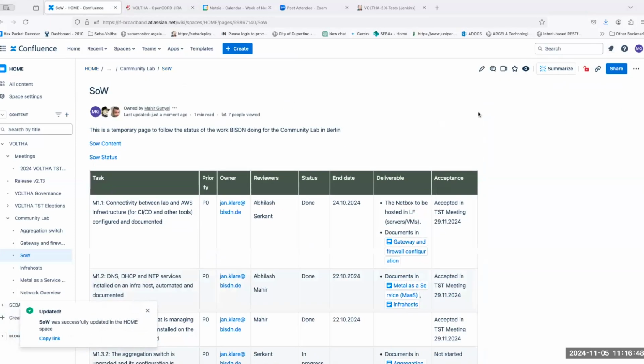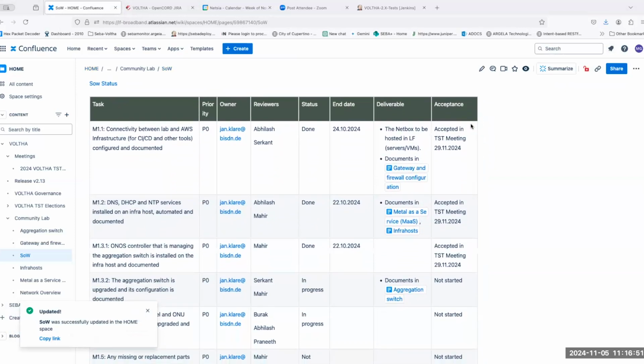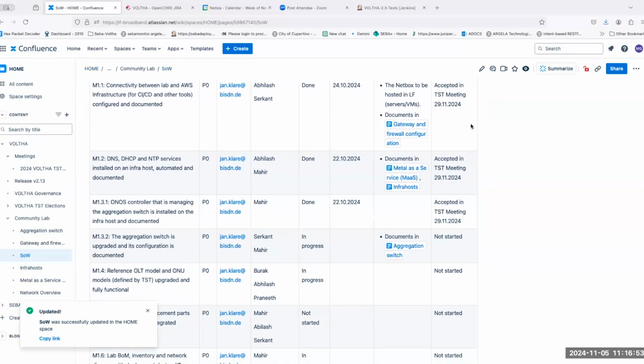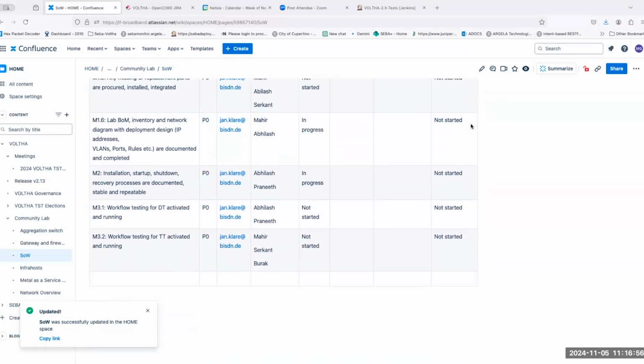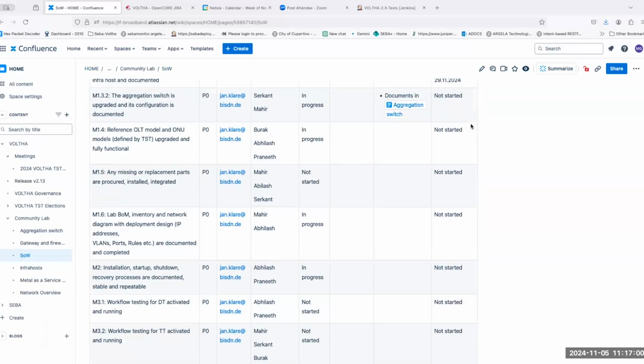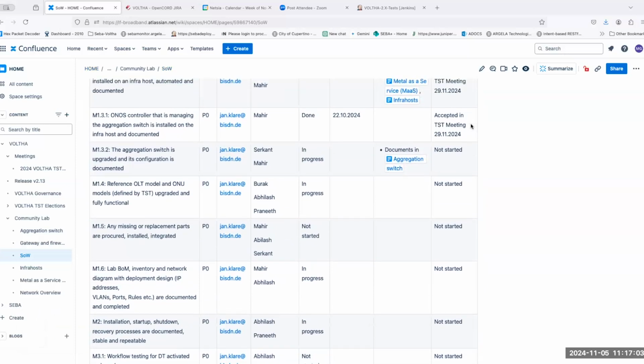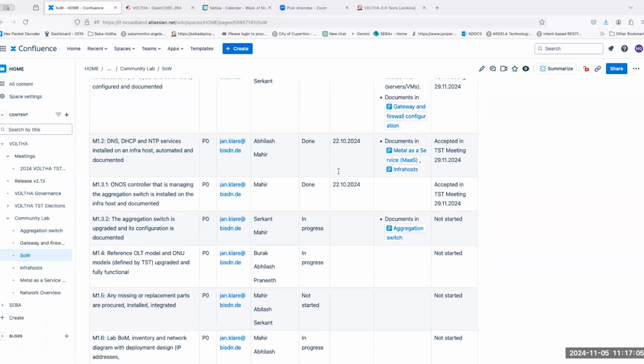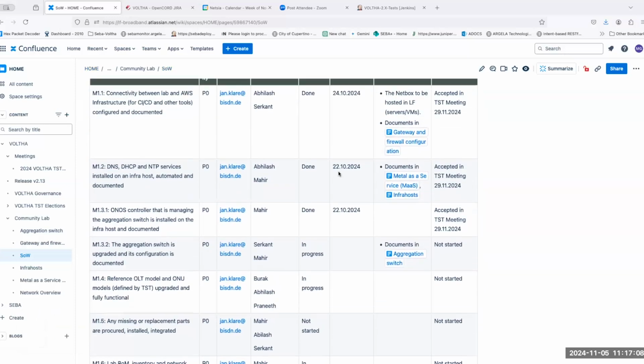And what is the deadline? The important question. The deadline for all of the items will probably be at the end of the year, but it's better to check them after they are finished by BISTN, in 1 or 2 weeks, so that we can discuss them at the coming TST meetings, and if anything is missing, we can let BISTN correct it.